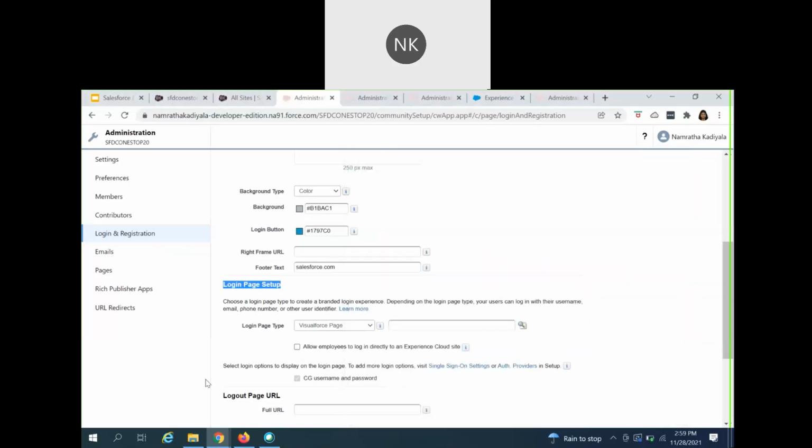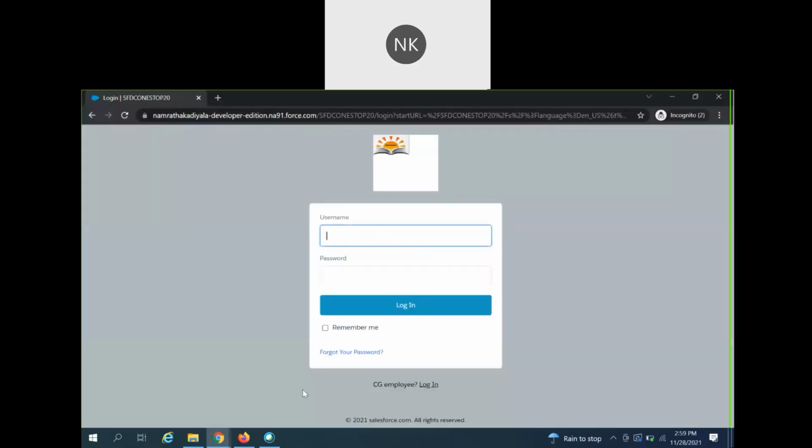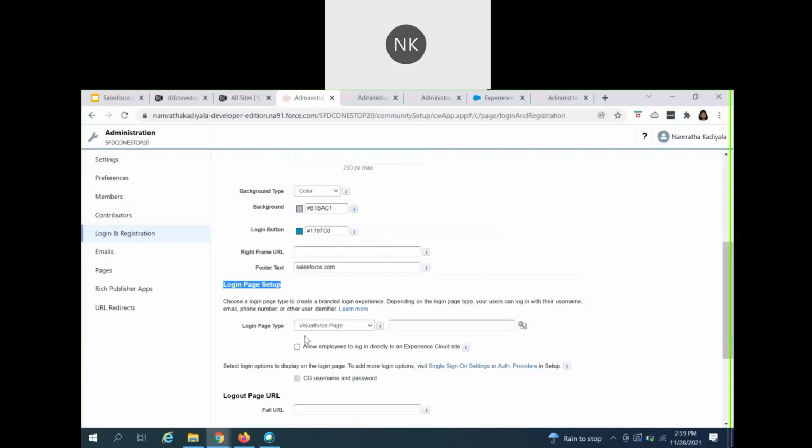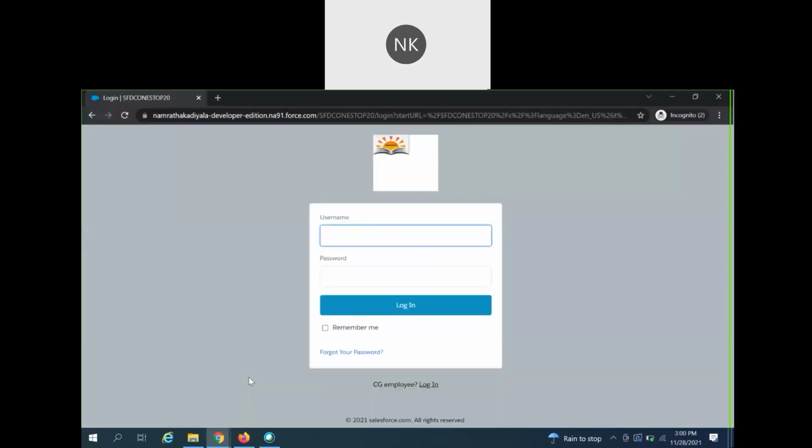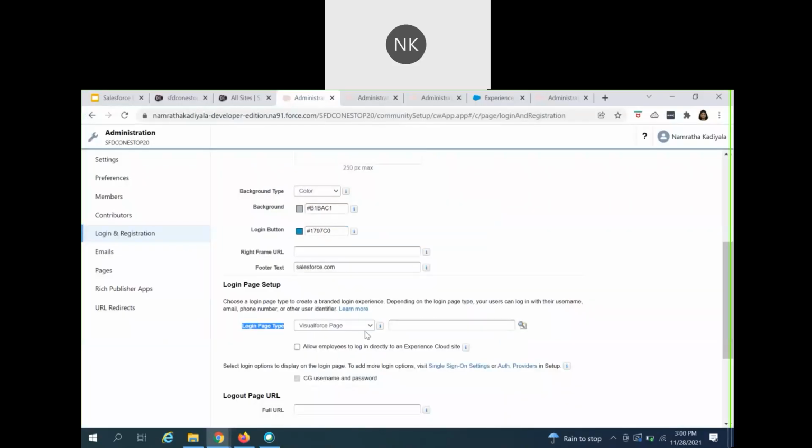Once you select that Visualforce page, you will be able to change the standard component, the standard page, and use the customized page that you have built. That's how this login page type can be modified. Whatever the existing component is, that is the default page, you can very well go ahead and make use of the Visualforce page that is created according to your business requirement.